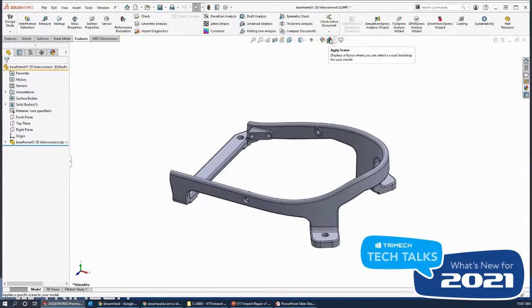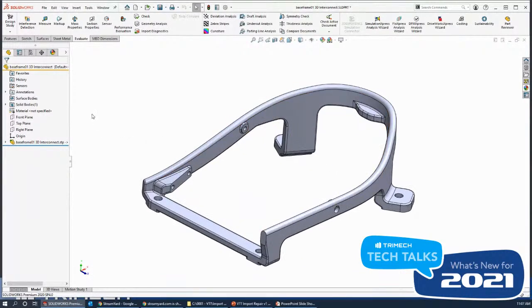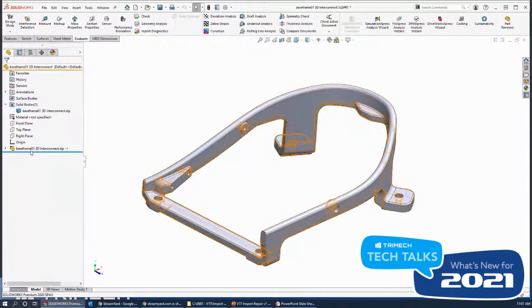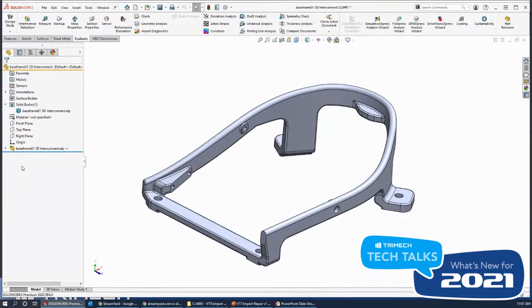Looks great, doesn't it? I want you to notice, if we go back to our feature manager tree, that we have a solid body. The 3D Interconnect has done a great job of bringing that in. But I want to draw your attention to the node in the tree that represents the import. Notice that we do not see the typical imported solid node. We have a special icon here of a part file with a leftward facing green arrow that tells us that there's a live link between the geometry we see here on the screen and the step file that was used